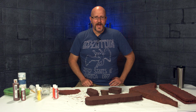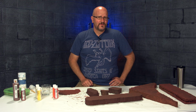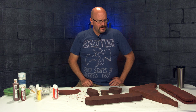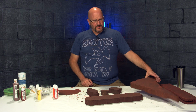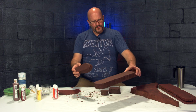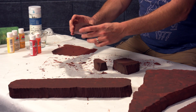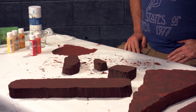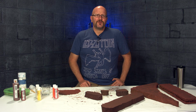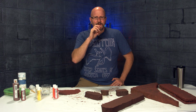Hey, welcome back to some desert rocks and sand dune kind of terrain. We got all these pieces base coated, and I like how it turned out. It's not just a real flat brown. There's actually some undertones of reds already. So now we're gonna have to do some more experimentation with what I'd like to think of as the middle coat. I'm not quite ready to add in dry brushing and highlights